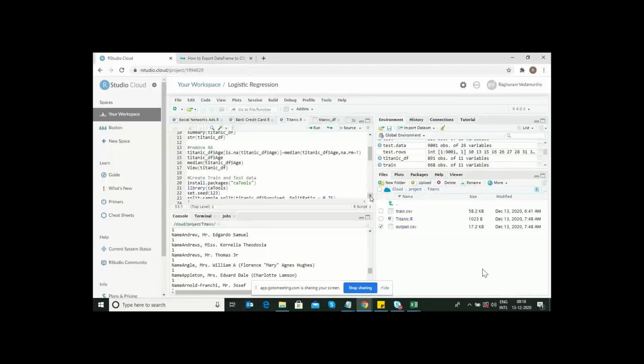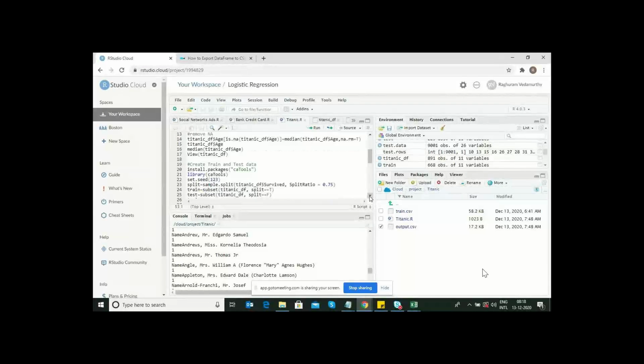I checked the histogram for age, and it's skewed data, so I used the median here instead of the mean. Okay, so scroll it down.